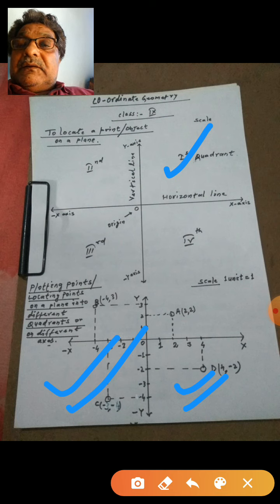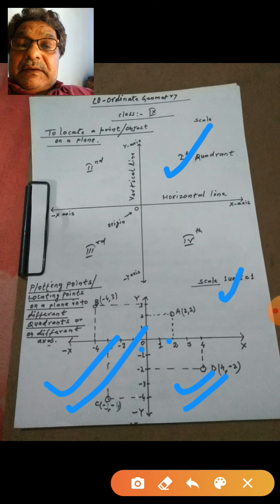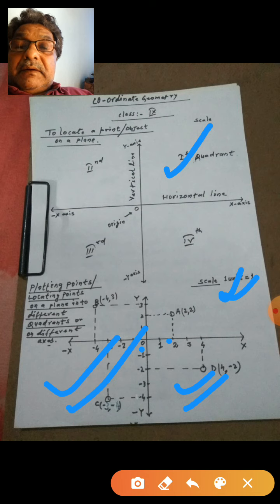You know, these works are done on graph paper, where lines are already drawn vertically and horizontally. So in graph paper, one bigger unit, which is called 1 unit, is taken as a fixed value. As I have taken here for 1 unit, the value is 1. So this is called a scale. So we write here at the top right corner what the scale is. Scale is 1 unit equal to 1, and on the same scale I have divided both the axes.